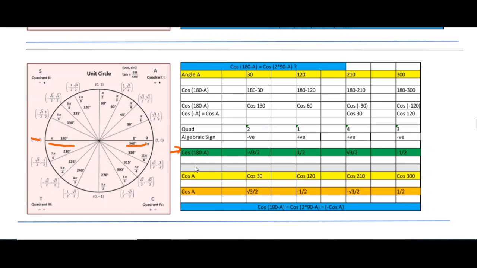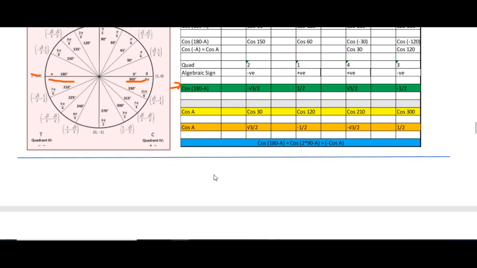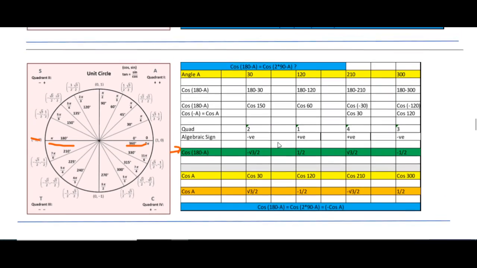Okay, now let's see what is the relationship of this with another function. Over here in the green bar, I have found out the value of cos 180 minus a, which means 180 is here, and when I say minus a, I'm going to move clockwise. This is the direction along the x-axis. I'm going to move clockwise. So this green bar is all those values in the clockwise direction along the x-axis with reference to the x-axis. And if you see the values here,